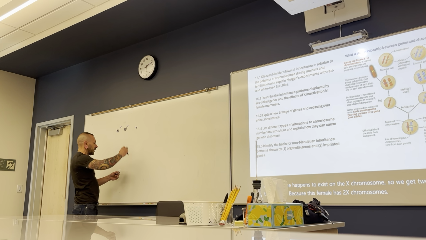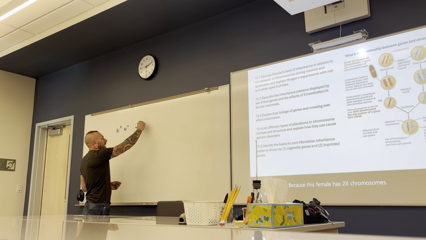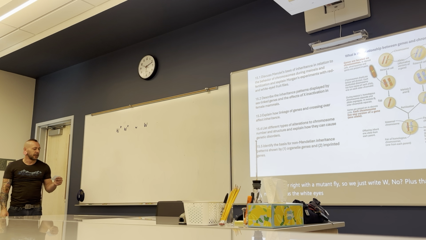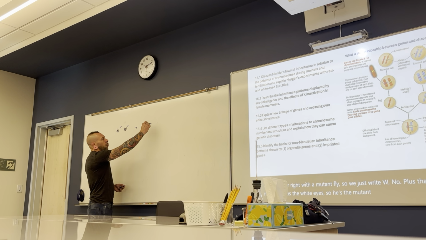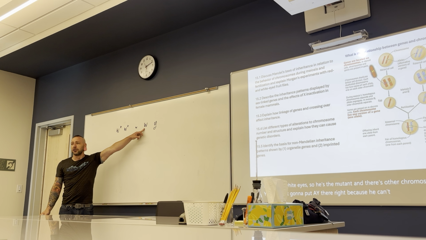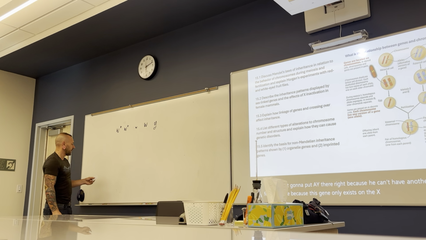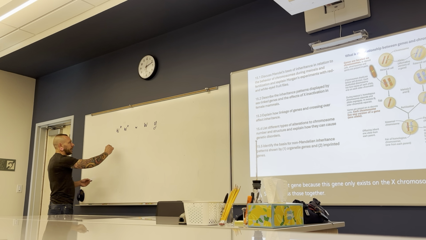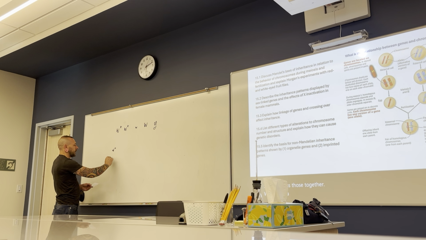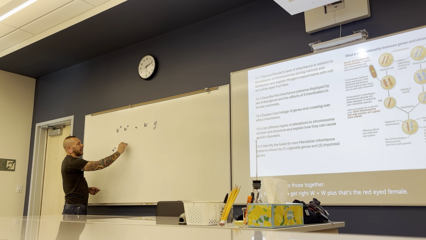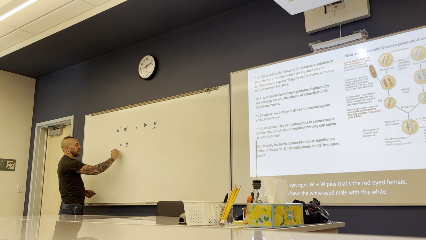If we cross her with a mutant fly, so we just write W, no plus, that means he has the white eyes, so he's the mutant. His other chromosome is Y, so I'm just going to put a Y there, because he can't have another allele for that gene because this gene only exists on the X chromosome. So if we cross those together, we're going to get W+, that's the red-eyed female, and then we have the white-eyed male with his white chromosome. And so the offspring